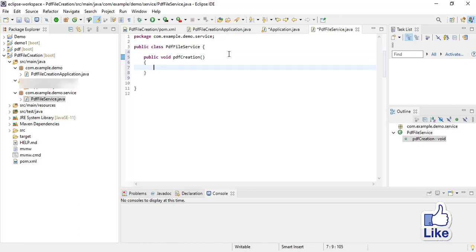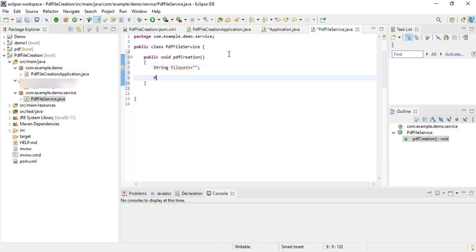Inside this class, I will write one method. Inside this method, I will write one variable. For this variable, I won't inject the value now itself. Afterwards, I will inject the value.